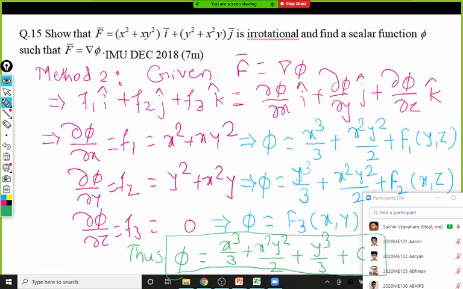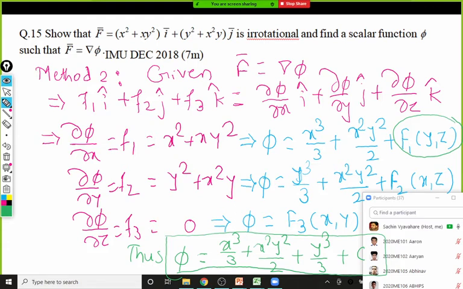But if you want to understand what we are doing here, actually these three are the required functions only. What is missing in each of them is the constant of integration. This constant of integration we have to find. To get that, suppose you assume that the first is our required answer, the required function phi, whose gradient, that is del phi, is f bar. Then what do we require here? This constant. From the first, we require a function of y z. Now this function of y z is always present in the remaining two. You have to look in the remaining two and search for only those terms which contain only y and z.